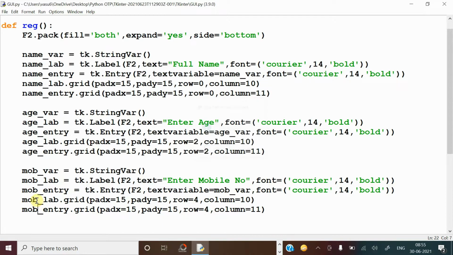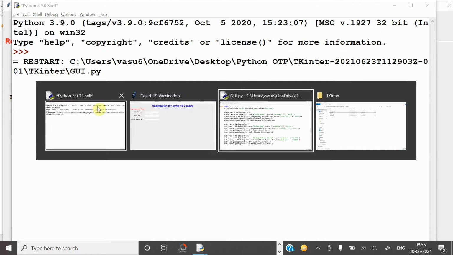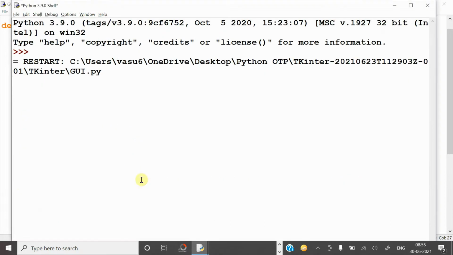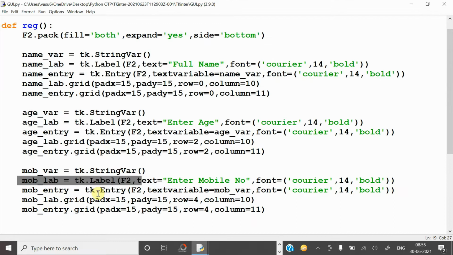Now run this program and you can see: full name, enter age, enter mobile number and this box. If you carefully observe, for entering the mobile number, for that message I have used this line, and for creating this box I have used mobile entry.